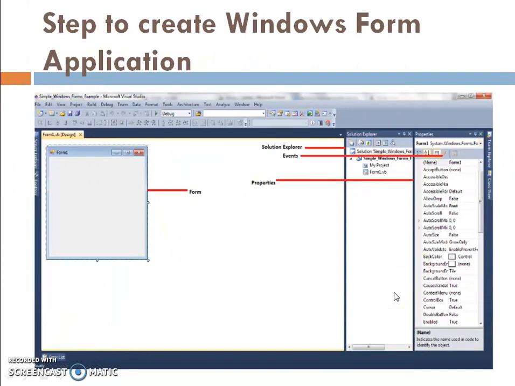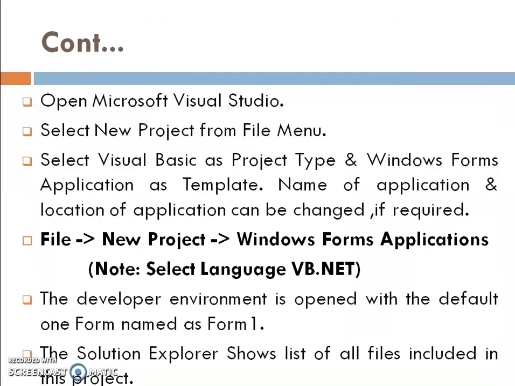So this is the image of window form. Now this is the step to create a window form in Visual Studio. We already opened the Visual Studio software and then create the window form application. This is normally the same. We click Visual Studio, then go to File, then New Project and click Windows Forms Application to create our new window form application.